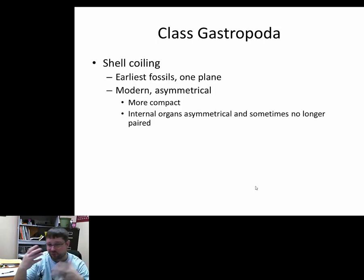And he examined that kind of coiling process, and he would make hypotheses based on the evolution of things like the ramhorn snails, based on the evidence from the fossil. Right? And so a lot can be said about these organisms from an evolutionary point of view. They've been around for a long time. They're species rich. Okay, the coiling process probably has a little bit of something to do with the internal organ